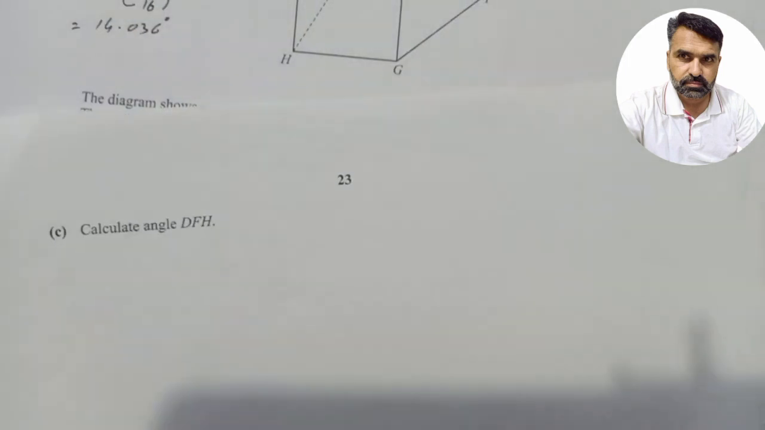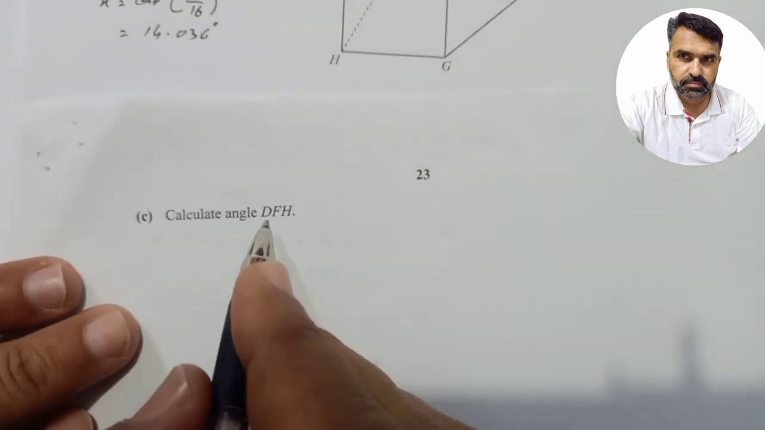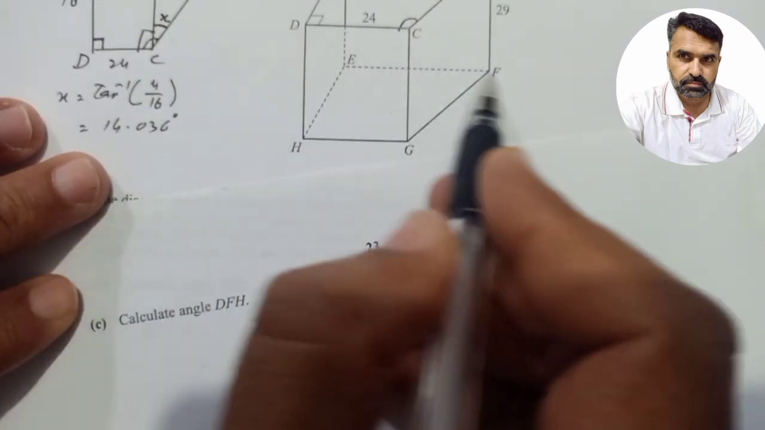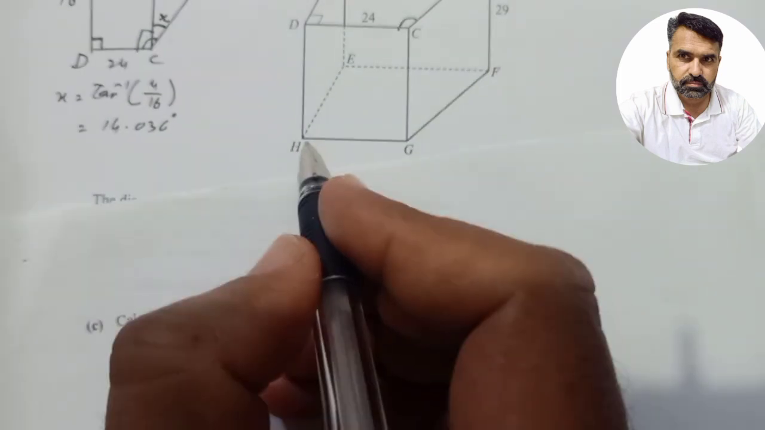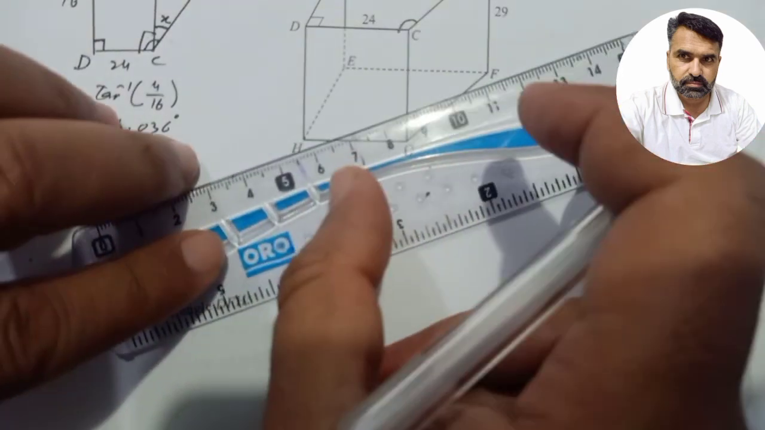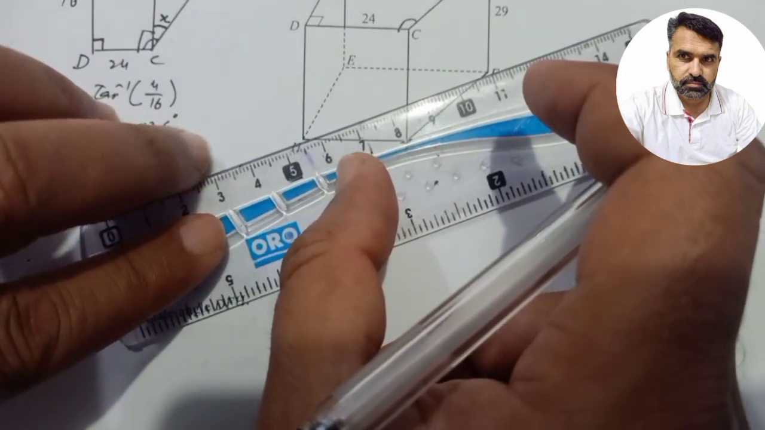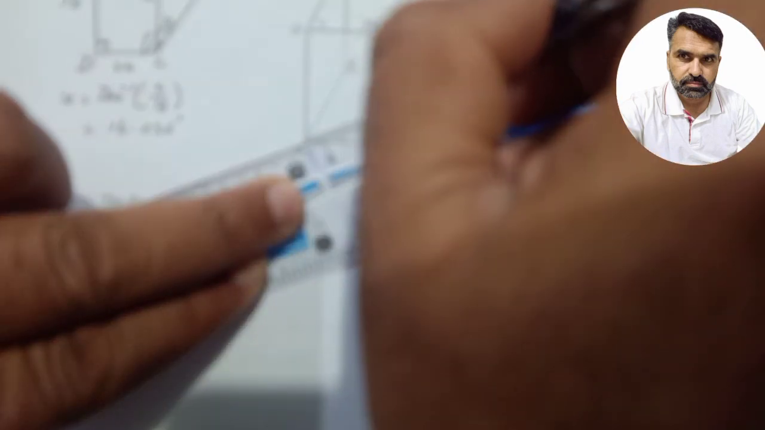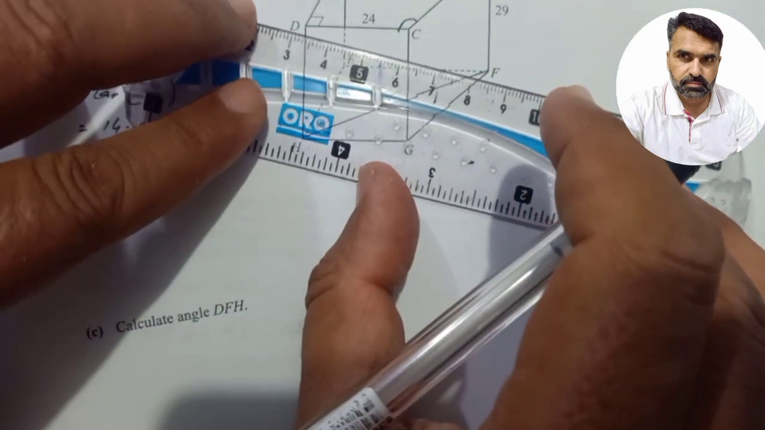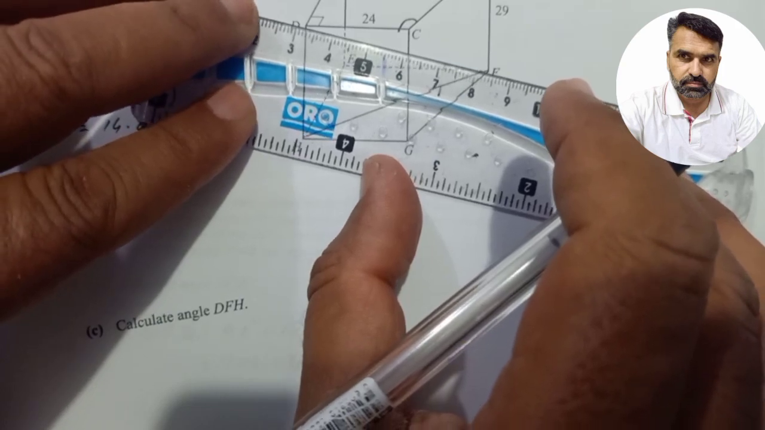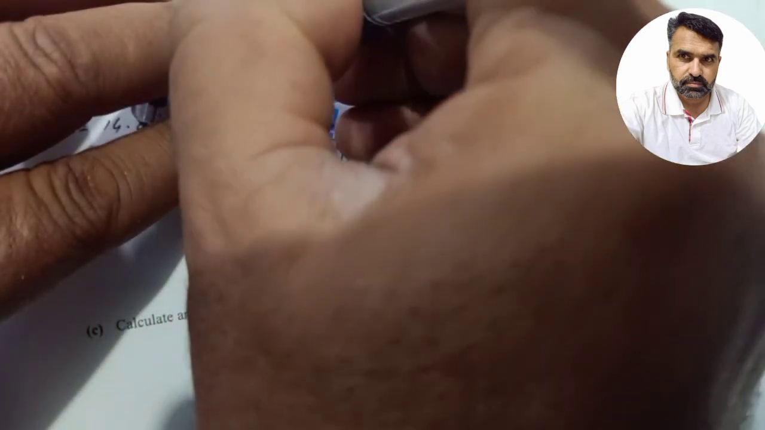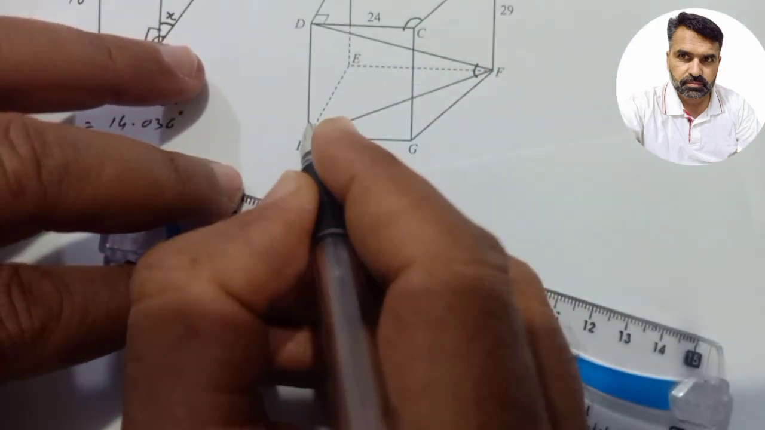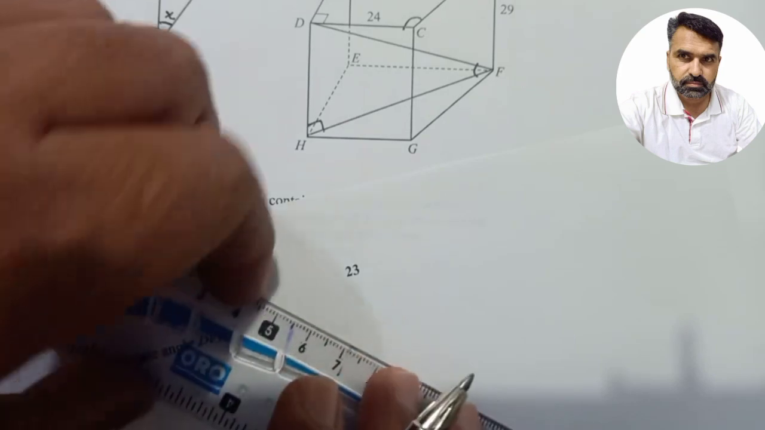Now I am going to solve C part, and C part is calculate angle DFH. Now students, look at the diagram. DFH means, if I join H with F in this way, and D with F, this angle we have to find, and it is right angle, because